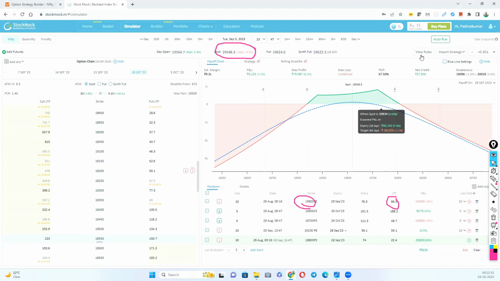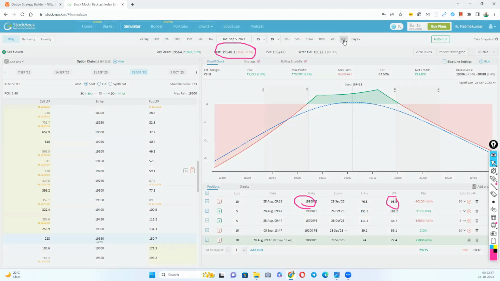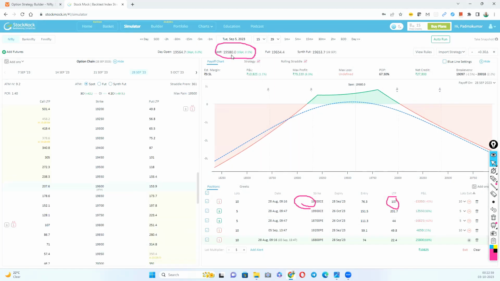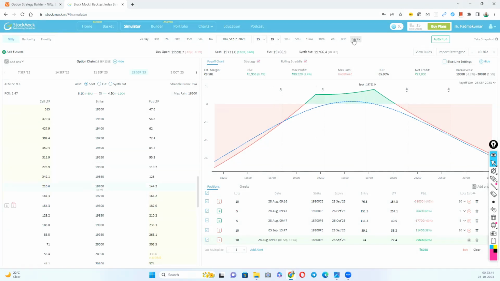Now, we'll move on to the next day. End of the day, what happens, we see, yeah, good. So end of the day, it has come up close to 19,600. So, okay, fine. Now we'll move on. Next day, yeah, no change. No change is required. 6th September and 7th September, we are in profit and no change is required. And 8th September,